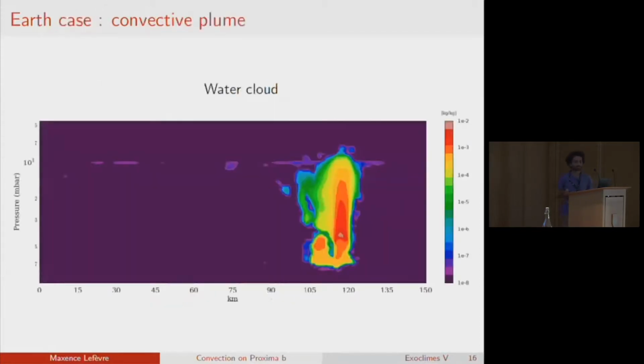So that's the kind of convection we have.